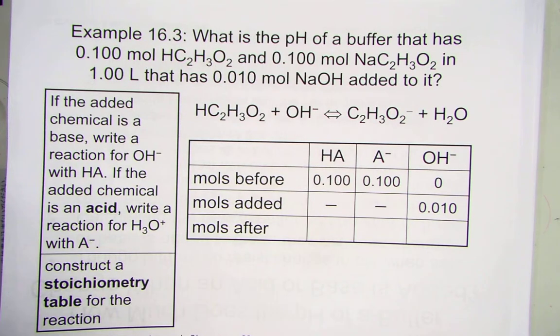What's the pH of a buffer that has 0.1 mole of an acid, acetic, 0.1